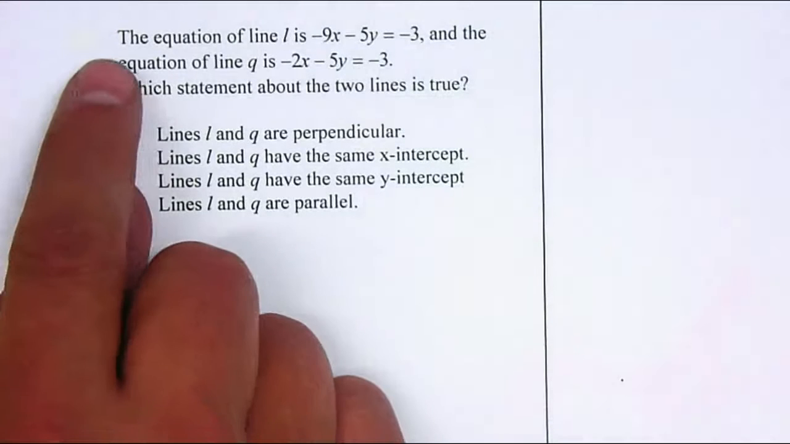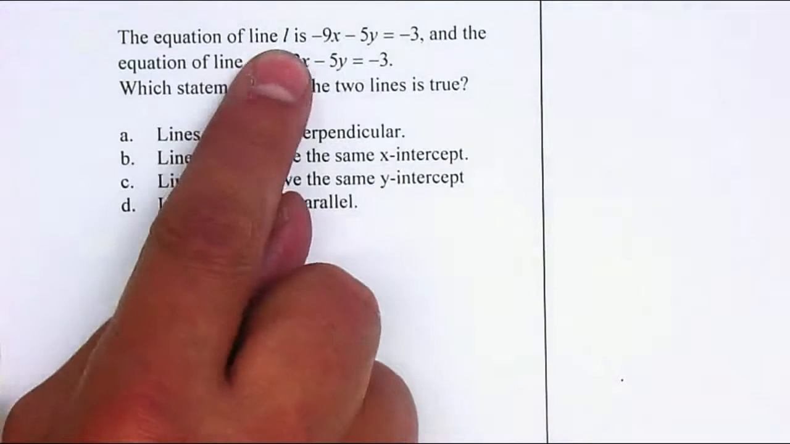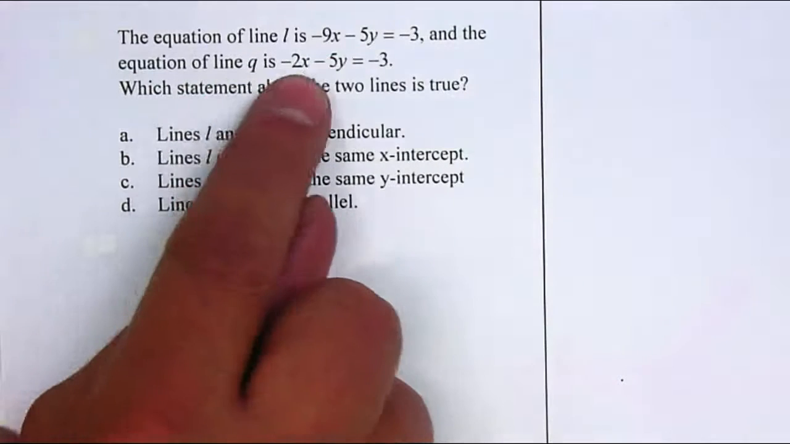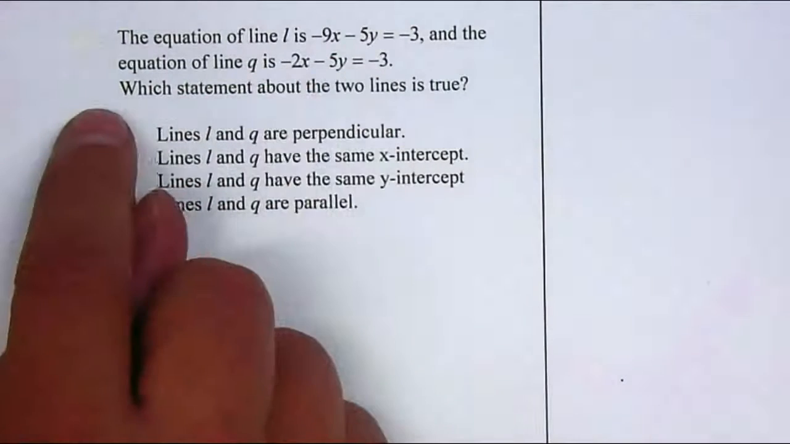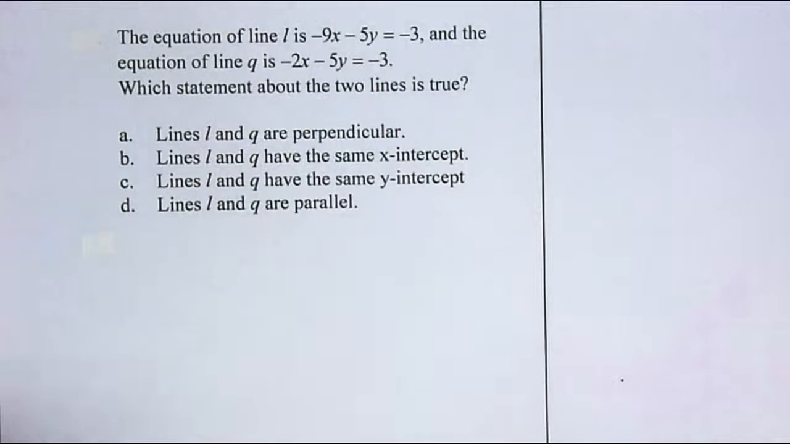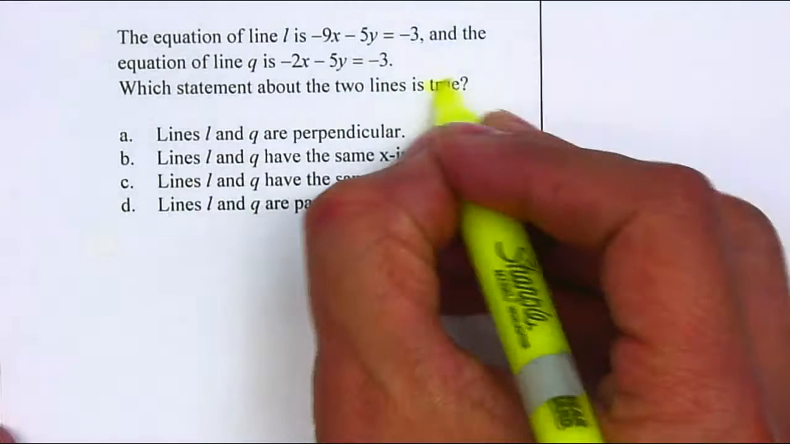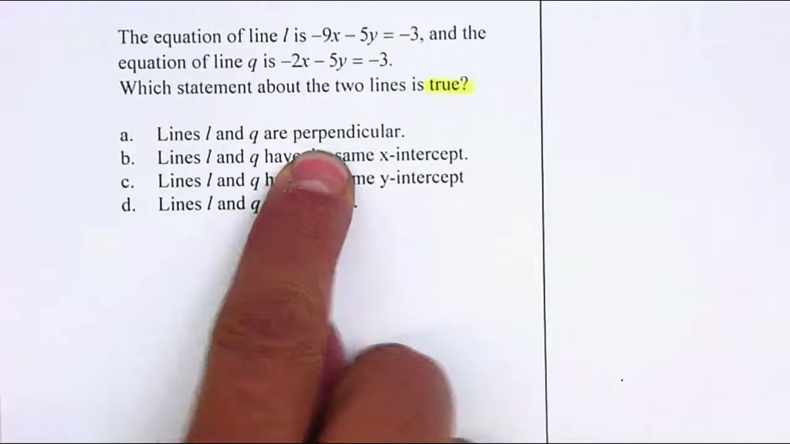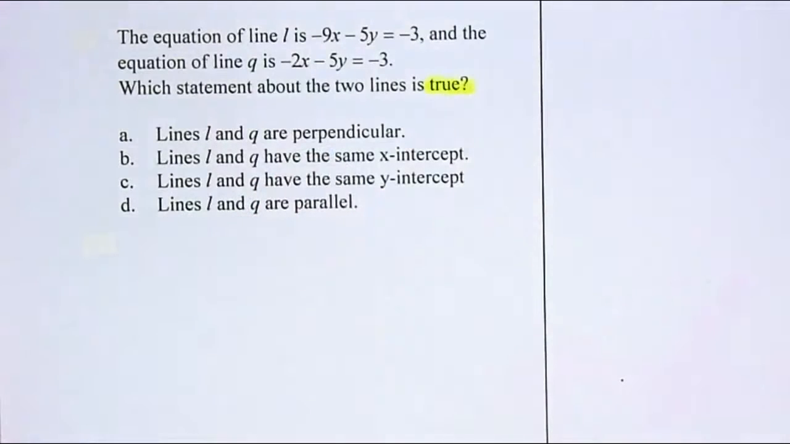On the following problem, they give you a linear equation, the equation of the line, and then the equation of the line Q, another equation. Which statement about the two lines is true? So we're looking for a true statement. Now it says the lines are perpendicular. If you guys remember, in order to find out if the lines are perpendicular